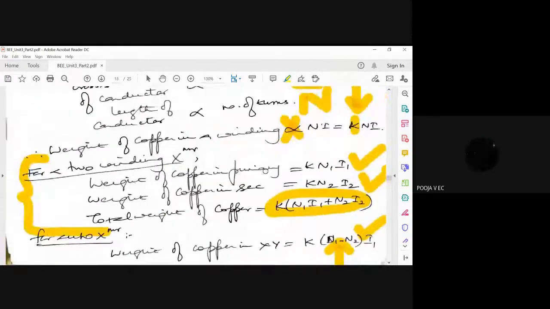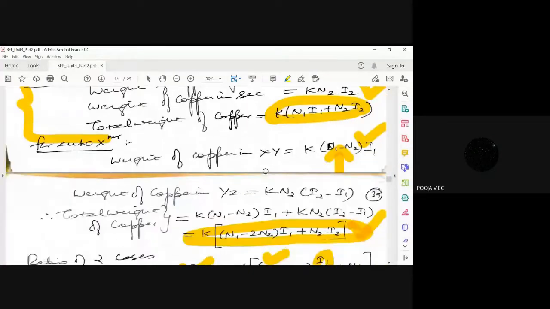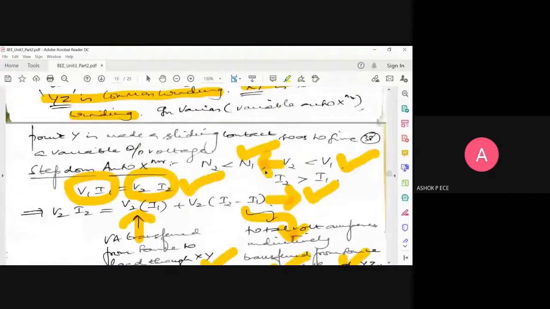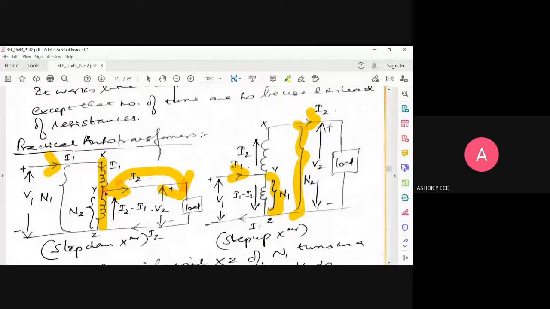Sir, can you repeat the conductive current and inductive currents? No, no. It's just a notation I said. Whichever common winding you have, that current is denoted as inductive current, which is inductively coupled from input to output. That current which is flowing in the winding which is alone is going to be called conductive current. That's the notation. Just two different names they have given.